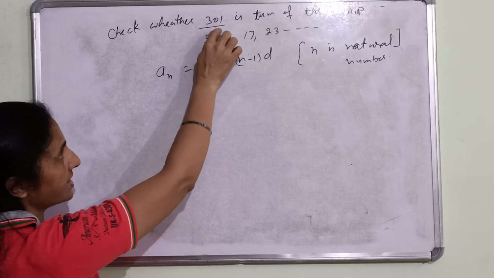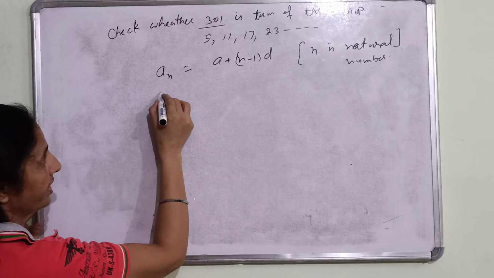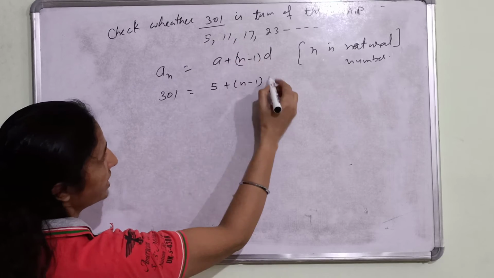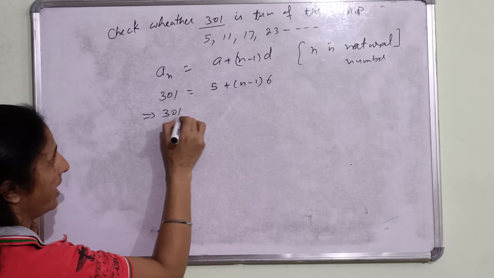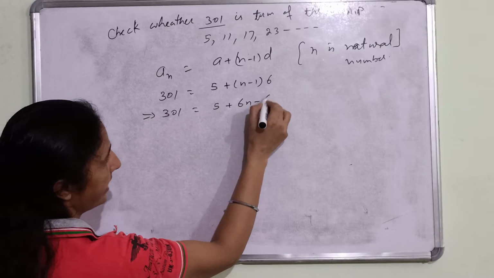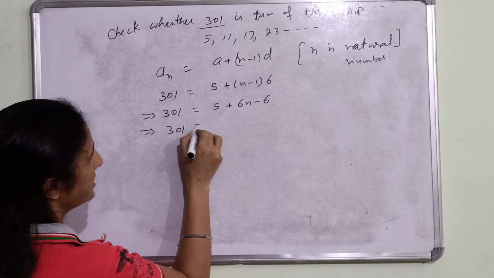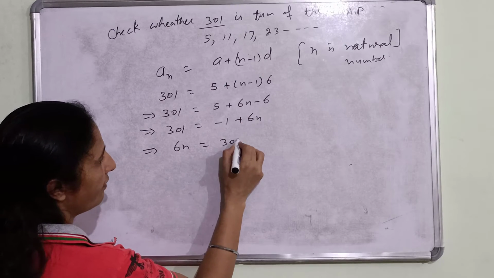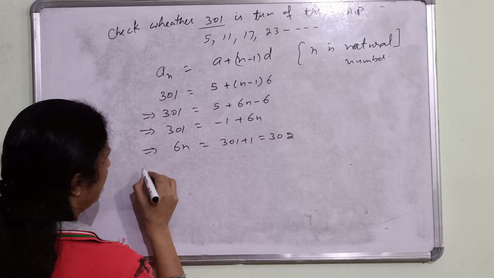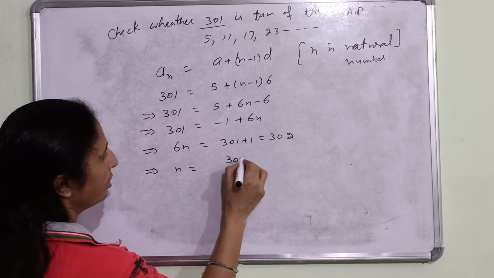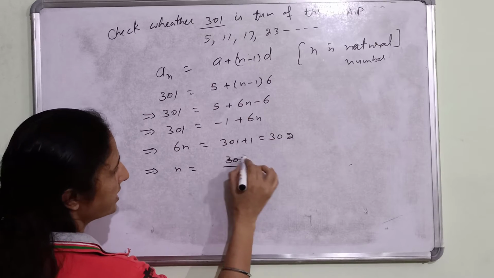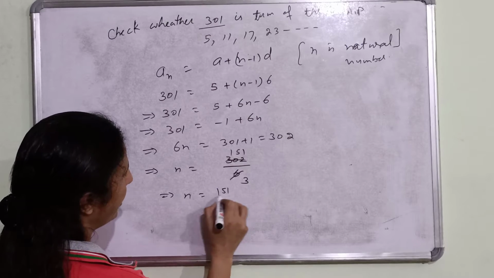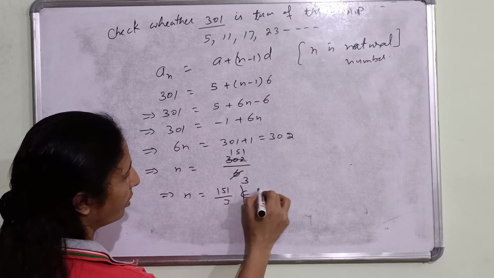So obviously this is the nth term, the last term we have been given, that is 301, a is 5 and d is 11 minus 5, which means 6. So we have 301 equals 5 plus (n minus 1) times 6, right? So 301 is equal to 6n minus 1 plus 5... so we have 301 plus 1, which means 302. So n is equal to 302 by 6. 3 2s are 6, 1 5 1, right? Now n is equal to 151 by 3, which does not belong to the natural numbers,